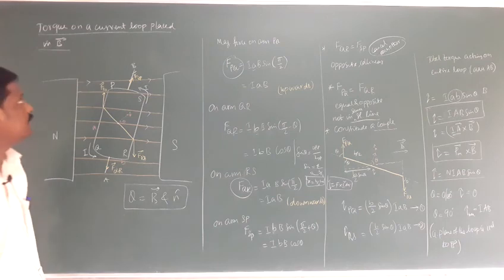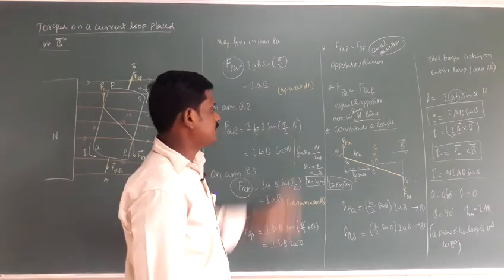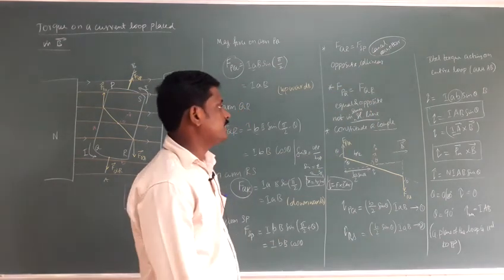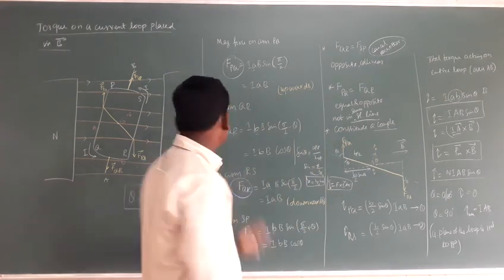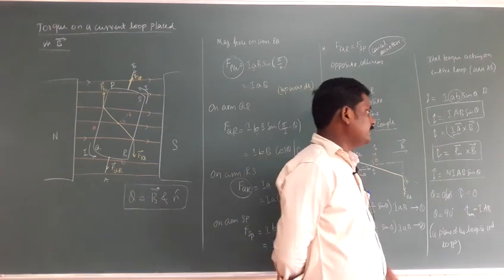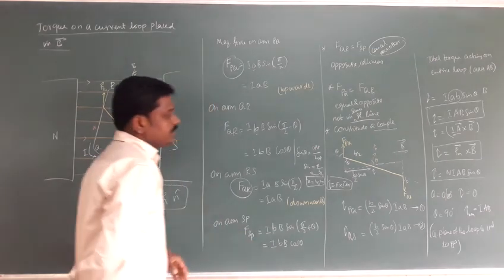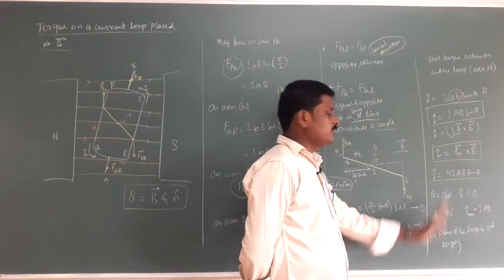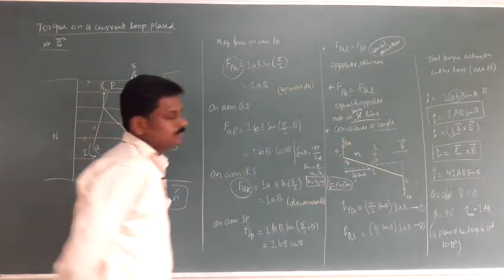There is a perpendicular distance, there is an axis of rotation, so it creates a rotation. For the torque on a current loop placed in a magnetic field, two forces are added and two forces are cancelled, since they are collinear. The other two are not in the same straight line, so they constitute a couple. Then the total torque on the rectangular loop PQRS finally gives the torque value IAB sin theta, that is IA cross B. If it is N number of turns, you need to use the capital N. Then we discussed the two special cases: if theta equal to 0, tau is minimum; if theta equal to 90 degree, tau is maximum. So okay students,